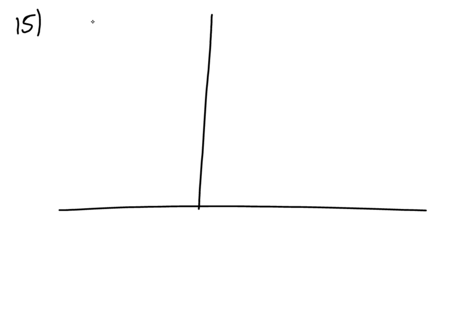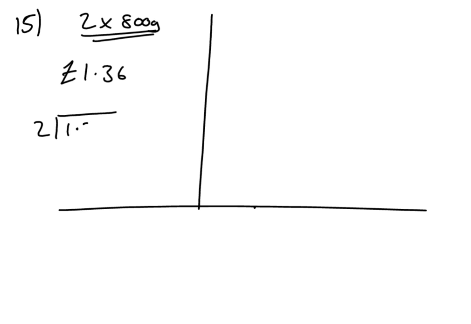So if you're buying 2 times an 800-gram, then what's that going to cost you? Well, the original price is £1.36. But if we buy 1, then we get the second one half price. So if you half this, 2 into 1 goes 0, carry a 1. 2 into 13 goes 6, carry a 1. 2 into 18 goes 8. So then we've got 68p for half price. So if we add them both together,